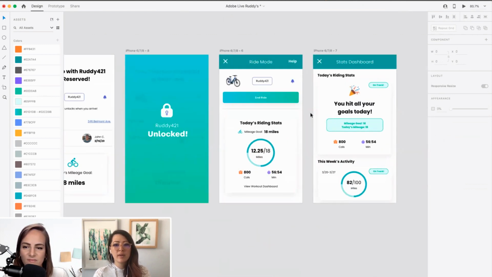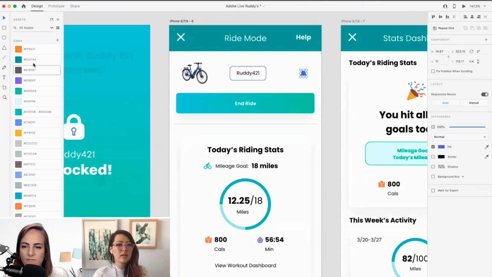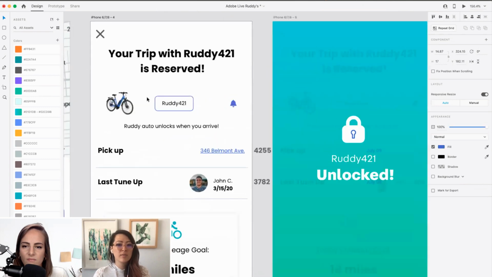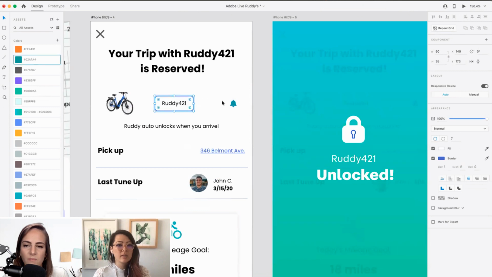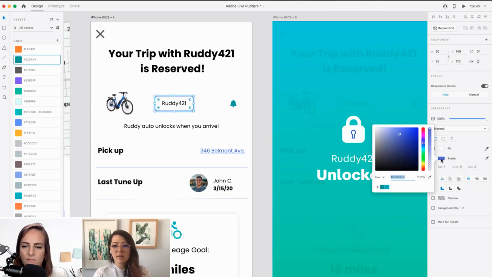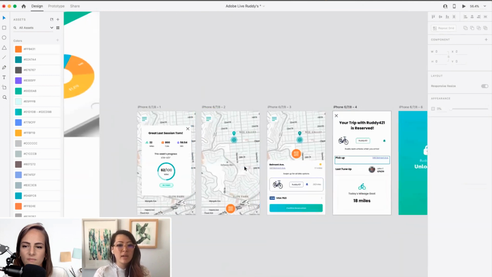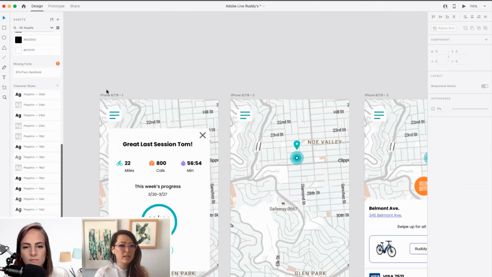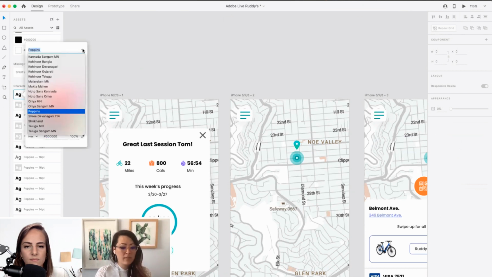Okay, so I've started to fuss around with the colors. I feel like it's decent for now. Let's just move on to the typography. So it's going to be a little more interesting here. They are using Avenir. So I'm just going to go into my character styles and my assets panel on the left-hand side here. And you can see everything says Poppins because that typography was called Poppins. And I'm going to just start changing all of these and editing them to Avenir.